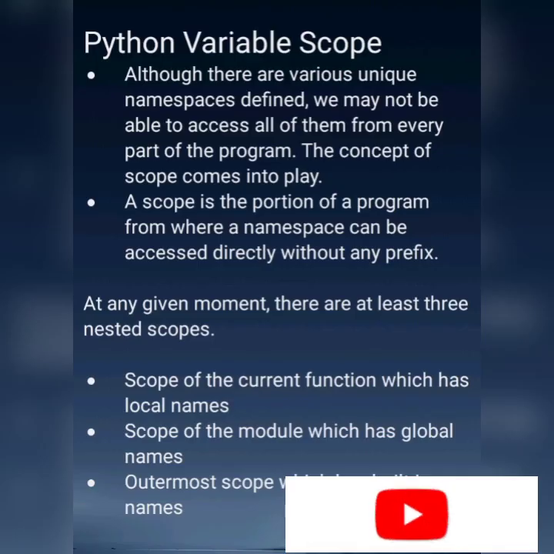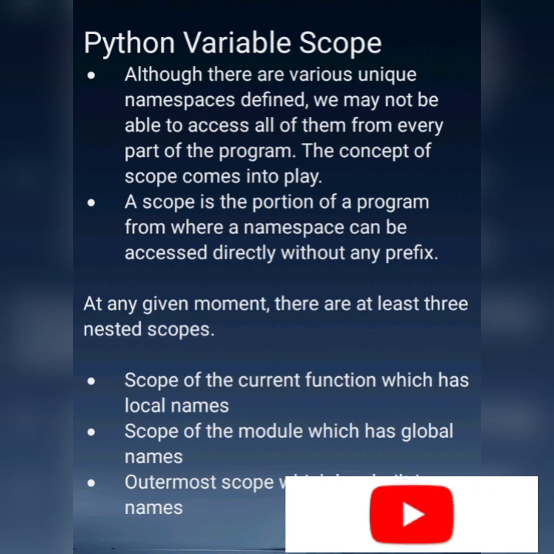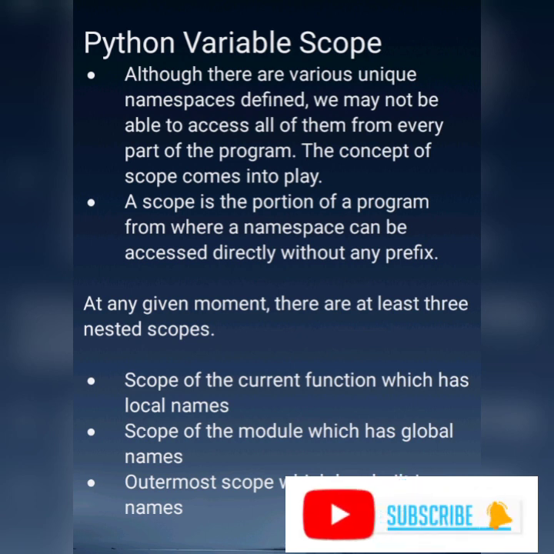Next, Python variable scope. We have various unique namespaces defined, so you may not be able to access all of them from every part of the program. So the concept of scope comes into play. A scope is the portion of a program from where a namespace can be accessed directly without any prefix.